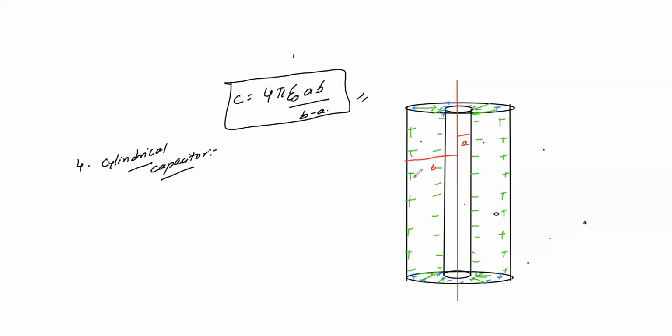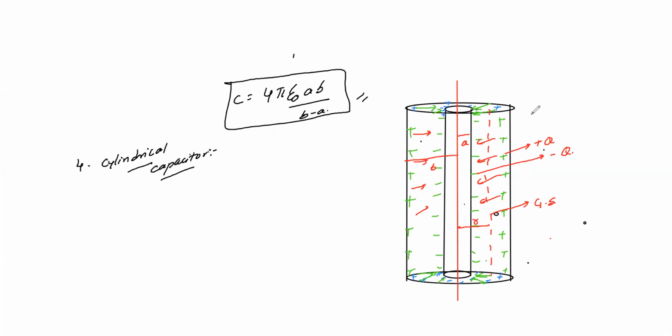When the field lines are entering, Gauss law applies. They'll have some flux induced inside. These are your field lines, which travel in all directions, positive towards the negative. For that, we take a Gaussian surface, with some field around it. From the center, I'll take the distance as r. These dotted lines are your Gaussian surface. This is the positive charge, this is the negative charge, and the cylinder has its own length.